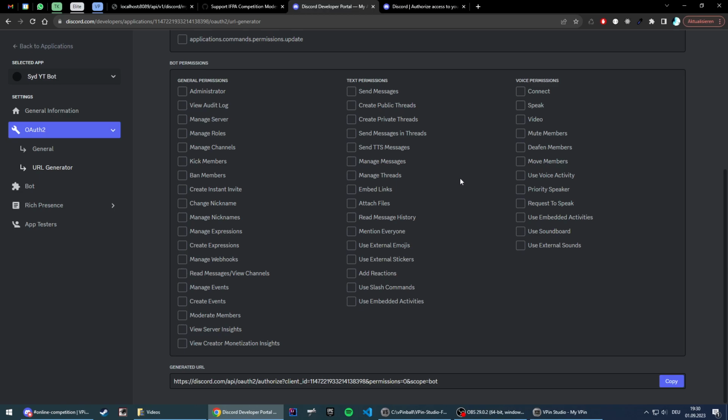If this bot is for your Discord server, you have to select the administrator rights, because only you should be able to do everything on the server, like creating new competitions and subscriptions, and others shouldn't do that. So for your Discord server, you select administrator, and afterwards you can copy the URL